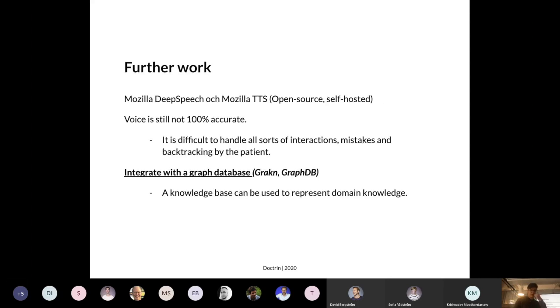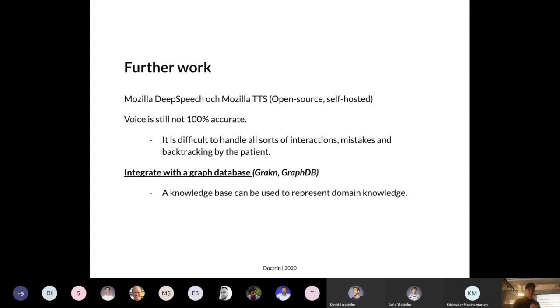Further work. The Google Voice is still using Google's API, even though it's working in Safari and Firefox. So there is a possibility to explore Mozilla DeepSpeech, which is also an open source project, but that takes a lot of work, I think, because you need to create your own speech models.